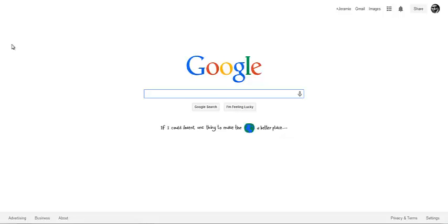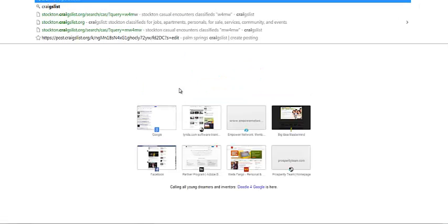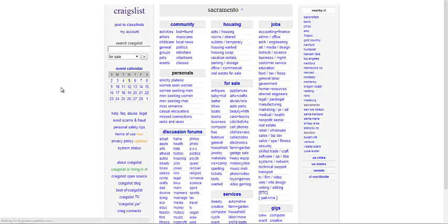Okay, and another thing you want to do. So I'm going to go to Google. You guys want to use Google for everything because Google is just awesome. It's a great search engine. There's just tons of different things you can do with it. So what I like about Google is a lot of people know that when you go to Craigslist,